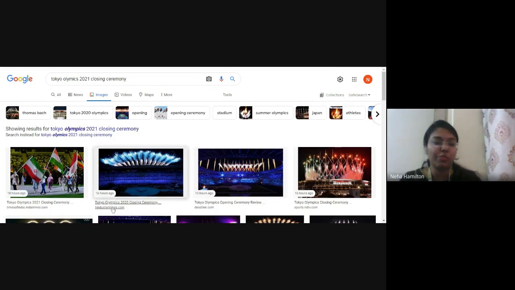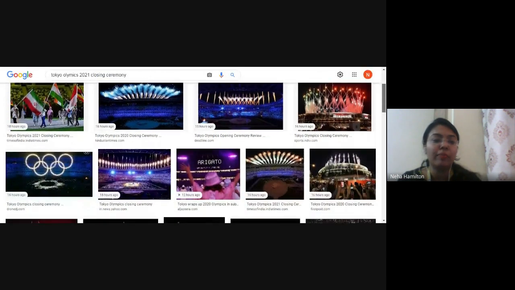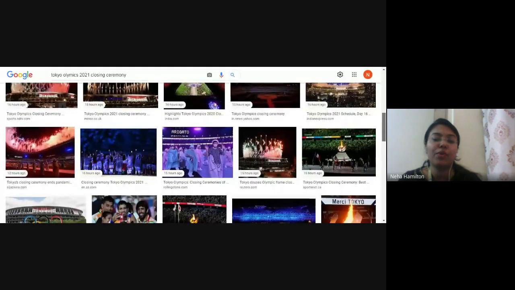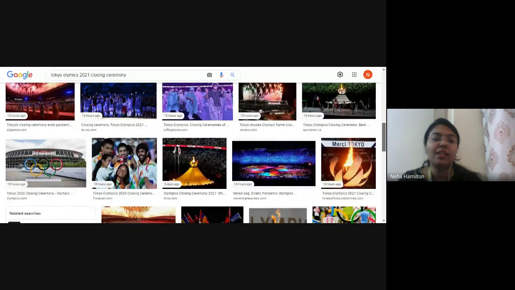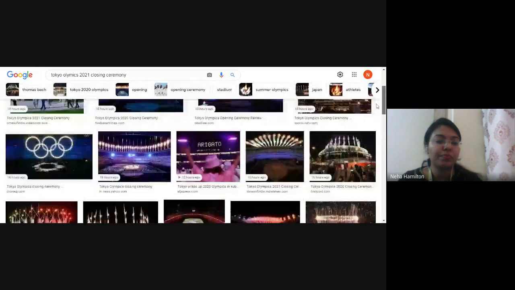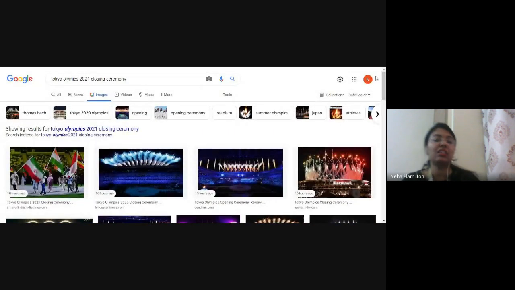These are the pictures from Times.com, TimesOfIndia.com, Deadline.com, Sports.ndtv.com, whatever. All the news channels have covered the closing event ceremonies and images, right? So these are the things that you should keep in mind, specifically related to the content, right?